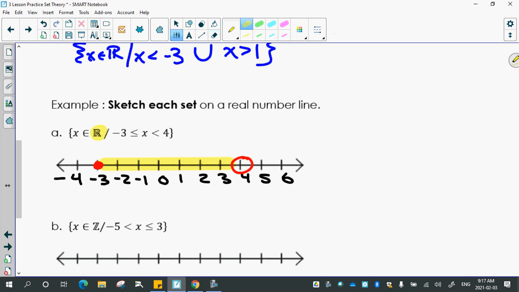numbers we have, real numbers. Okay, so we know our highlighter is going to be involved. And then when you see that X is in the middle, you know we have a bounded set where we're going to have 2 circles either open or closed, and then highlighter in the middle. Okay,